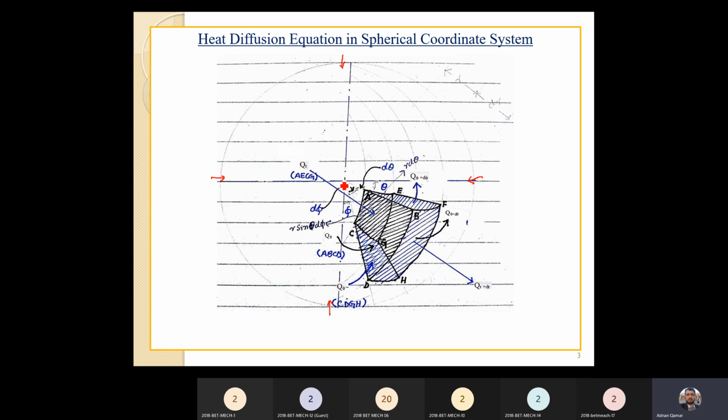You know that when you cut a sphere, you will not get a rectangular part, you will not get a square part. It would be like a trapezoidal part. You have seen the trapezoid, whose two sides are parallel to each other but not equal in length. They are at an angular direction. So it just looks like a trapezoid. Okay, if you see it.